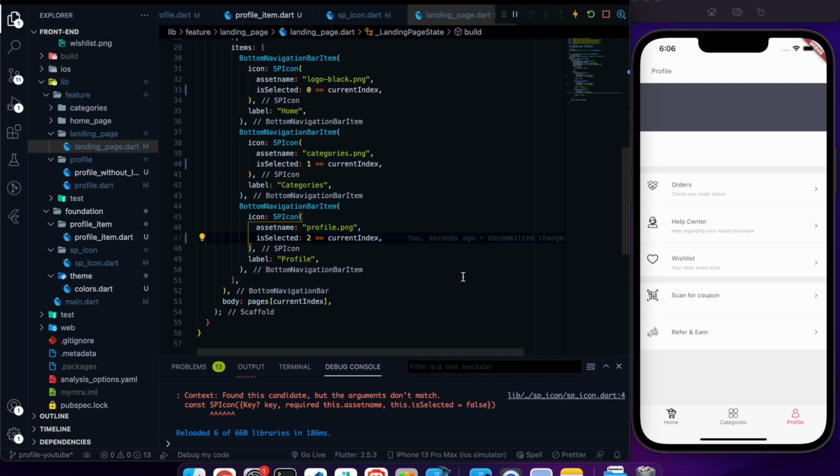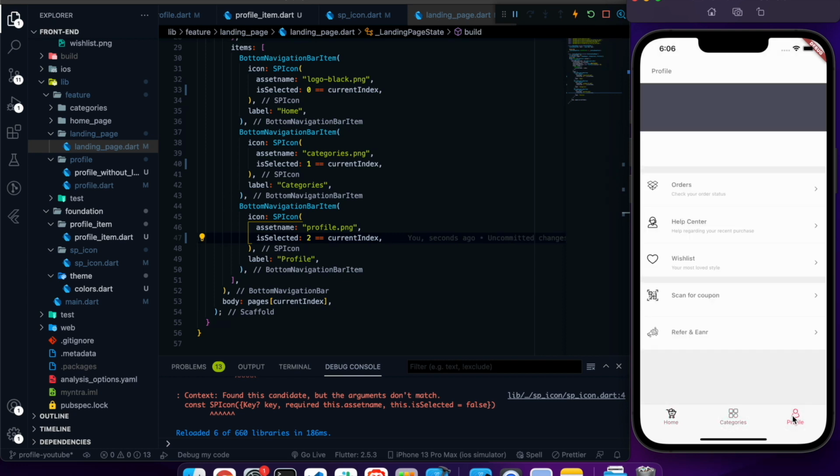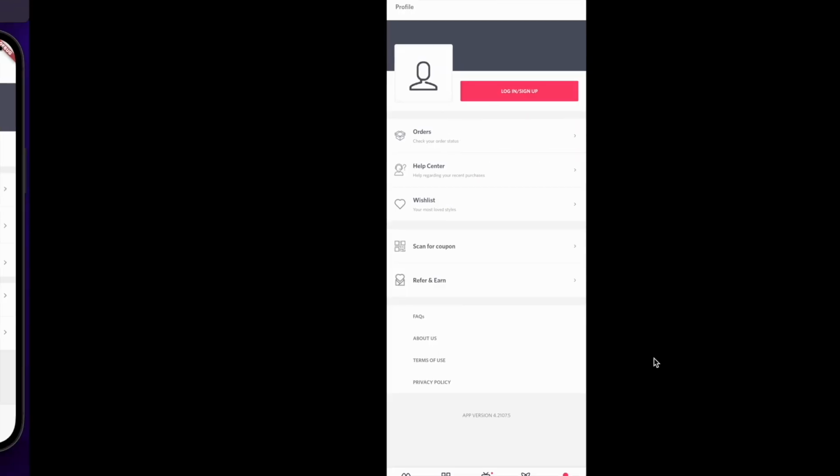So I mean, kind of the same logic, but we are handling the logic not inside the SP icon, we are handling it inside the landing page, and we modified our logic, and that is the kind of agile development we are following. If sometime we get another logic which is good, then let's use it. Okay, so now it's working fine. Now also the color of the icon is changed, and I guess it is looking like this. And now the only things left are the footer part and this part, and also this version part.